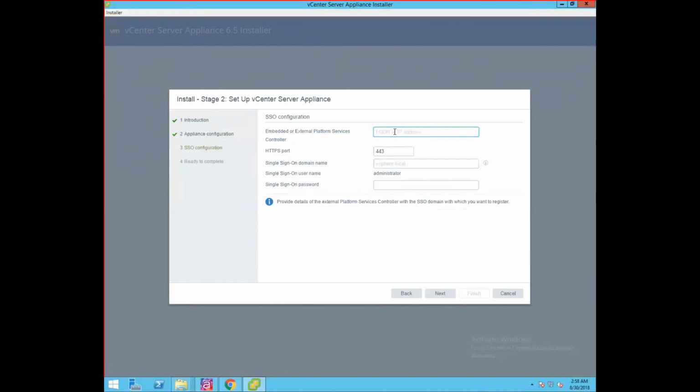So here we have to provide our external PSC, or external Platform Services Controller, details. So let's give the PSC detail as PSC-01A.govmlab.local. This is the information of our external Platform Services Controller, which we deployed in the previous lab, part 1 of this lab. Now, the SSO domain: we had created the SSO domain as vsphere.local. By default the username is administrator. Now we need to provide SSO credentials.